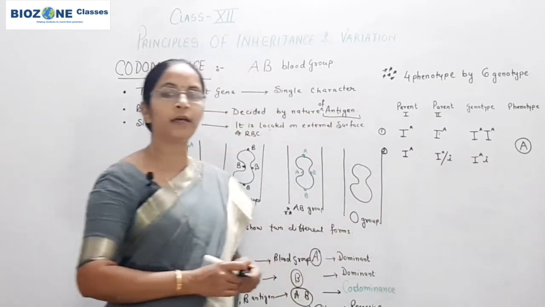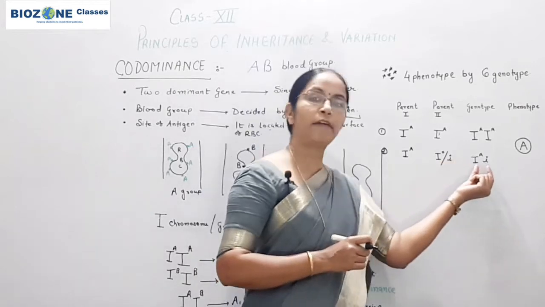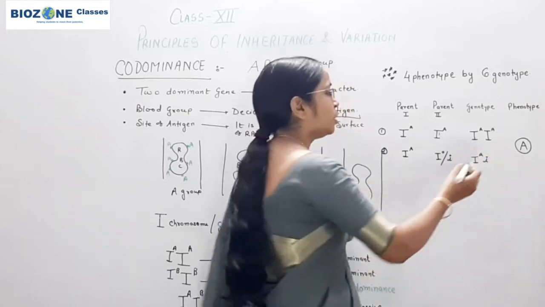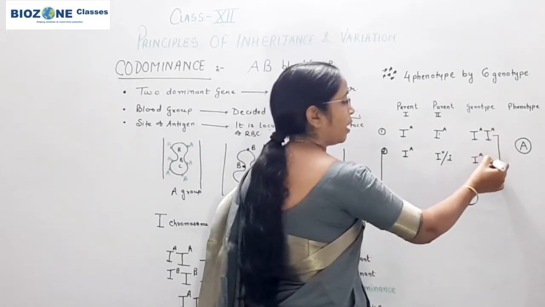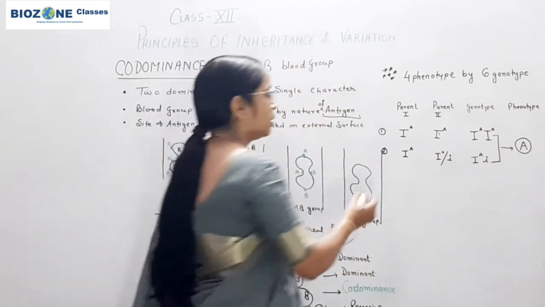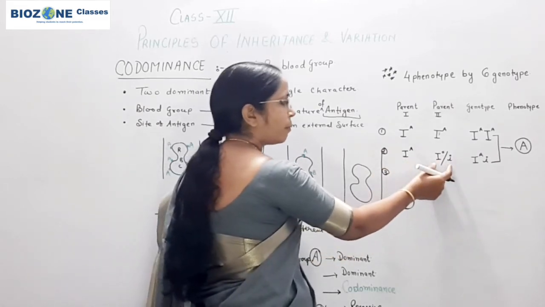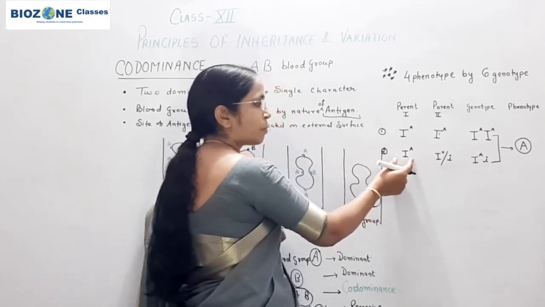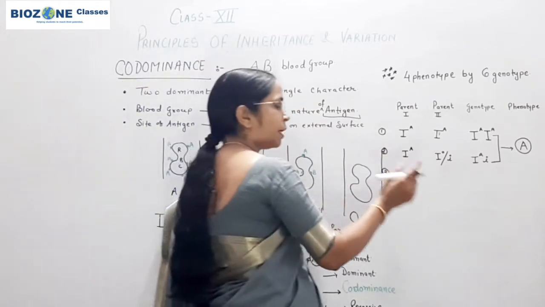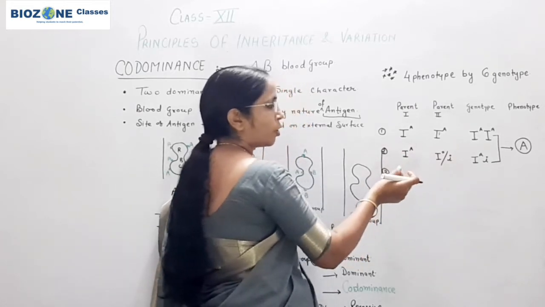Again, what we are studying: this I0 or i is a recessive trait. A recessive trait or recessive gene is never expressed in the presence of the dominant gene. Here A is dominant, so both genotypes IAIA and IAi, or IAI0, are responsible for the expression of the A blood group. Third condition: it may happen that the second parent contributes IA and the first parent contributes I0, but the genotype remains the same. So simply remember, one parent contributes A and another parent contributes I0.